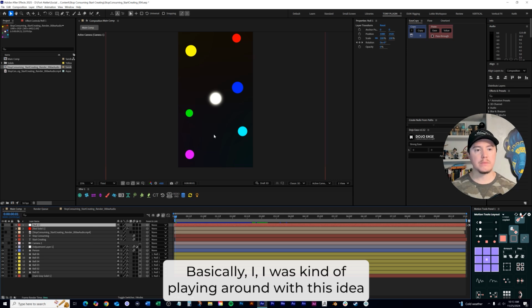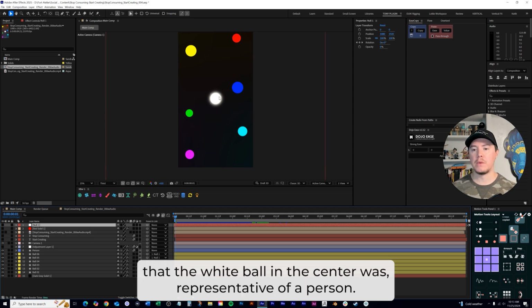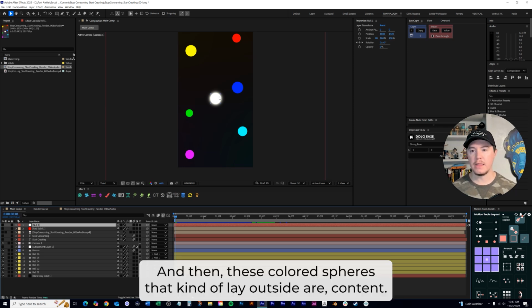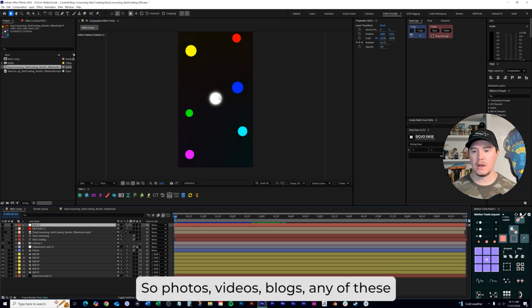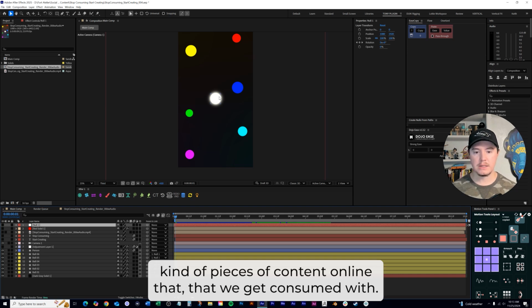I was playing around with this idea that the white ball in the center was representative of a person, and these colored spheres that lay outside are content: photos, videos, blogs, any of these pieces of content online that we get consumed with.